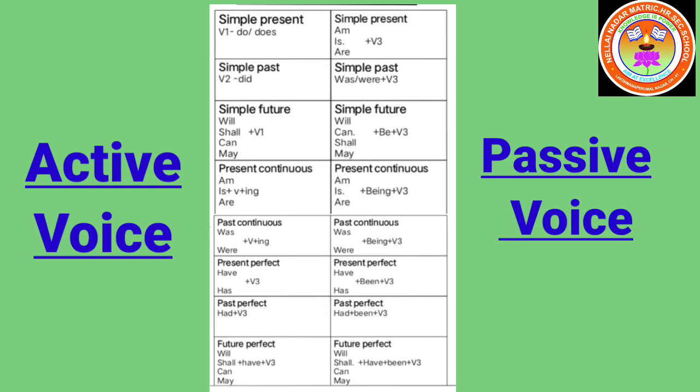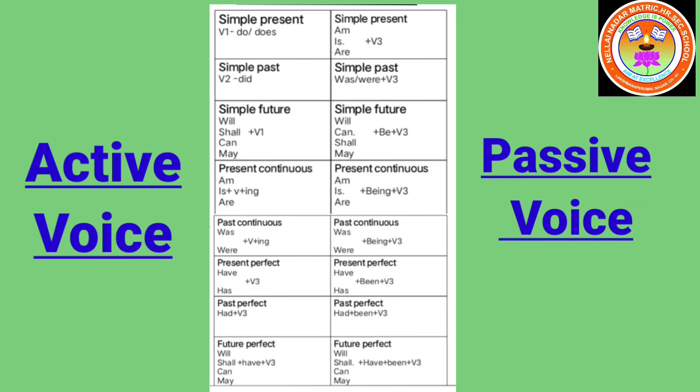When we change into passive voice, we have already done other tenses by changing to V3. But here, the tense itself has the V3. So we need not change the V3, but we have to add another V3 form, that is called been. Have, has, present, been plus V3. That is the way we can give importance to the verb. Then past perfect. Had represents past, V3 represents perfect. Again we add been plus V3 in the passive voice verb form for the past perfect.